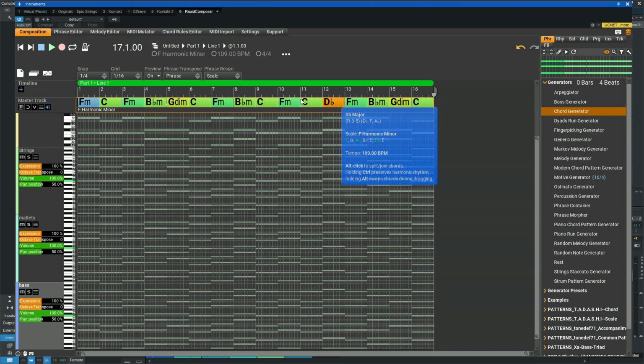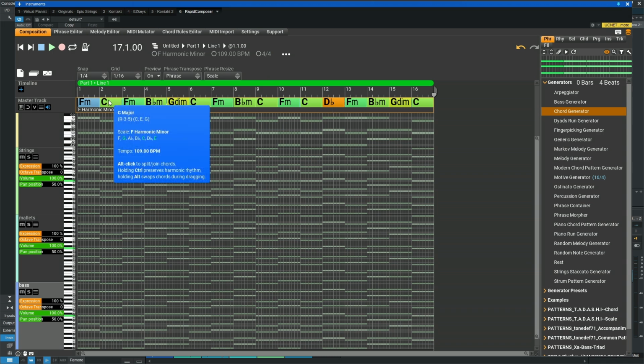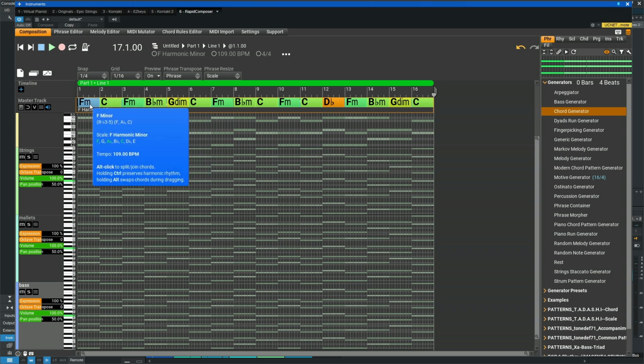Now, what I was doing right there is I was just clicking on them to hear the chord play through the piano that's built inside of RapidComposer. And I'm kind of deciding, does this progression sound okay? And I'm also deciding, for the later videos where we're going to do in-depth tutorials, what is the rhythmic pattern we're going to do, right? Because I like this, like,